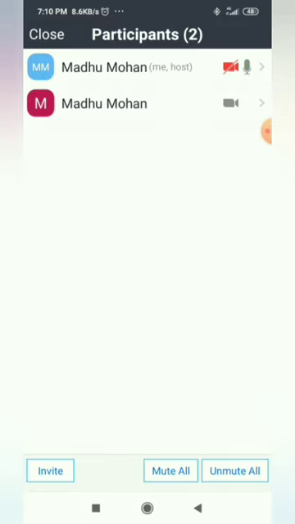You can see here now the participant's mic is not visible there. It shows that the participant didn't click join audio call via device audio. I'm going to click join audio call via device audio in my mobile. It is there in the left hand side bottom corner. Once I click that, automatically you can see the mic button there.